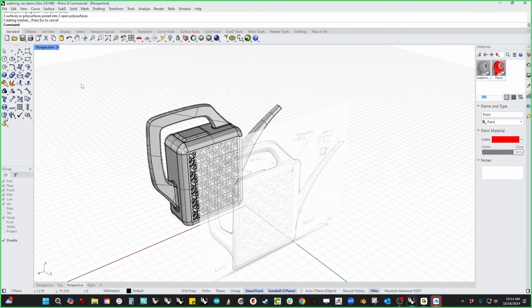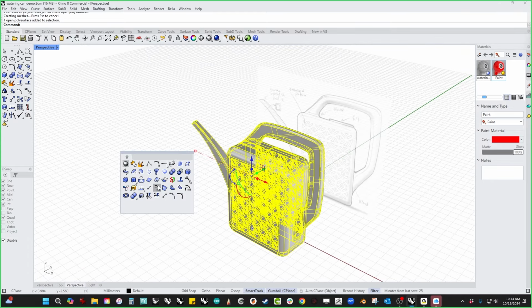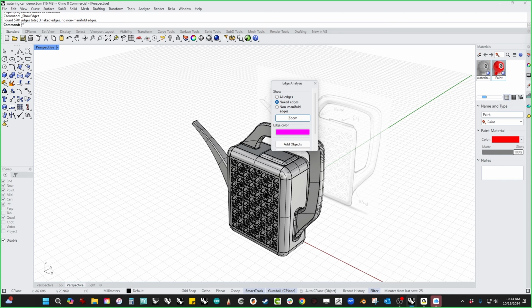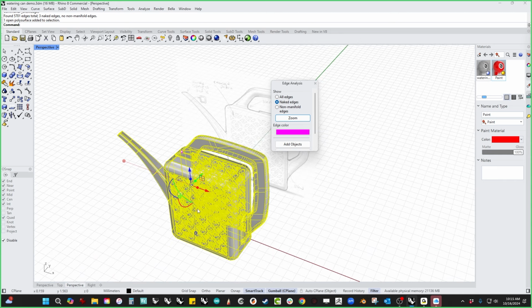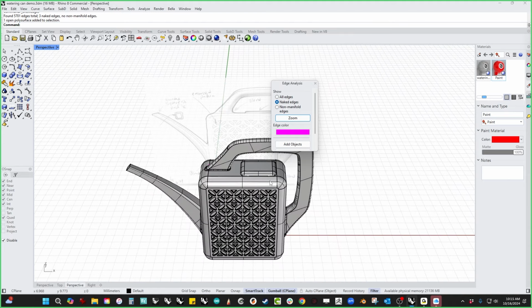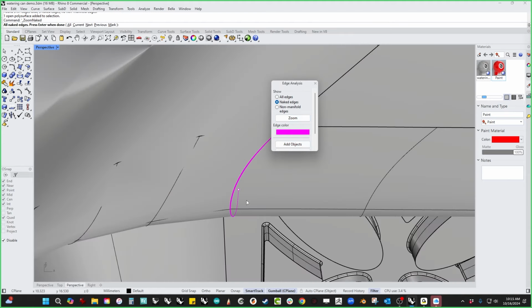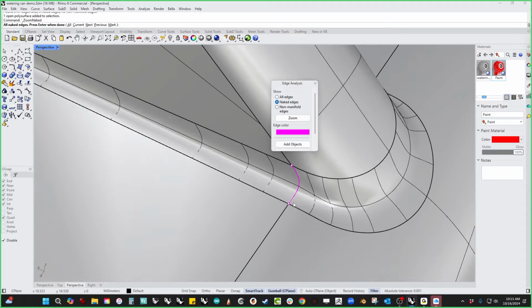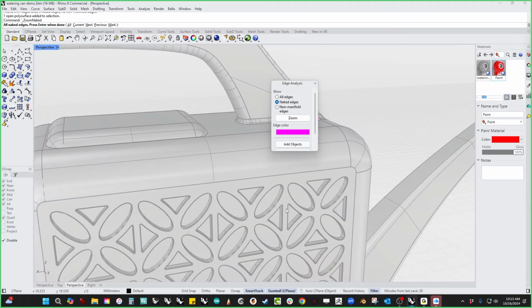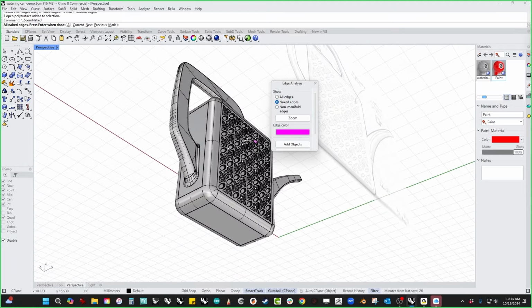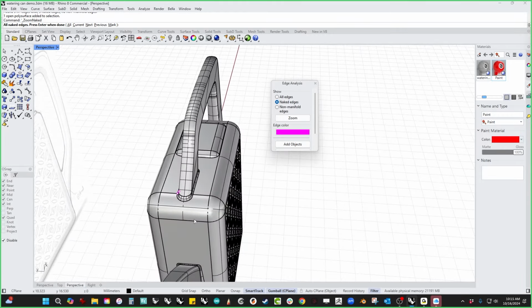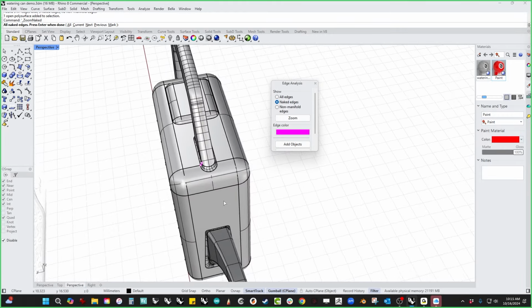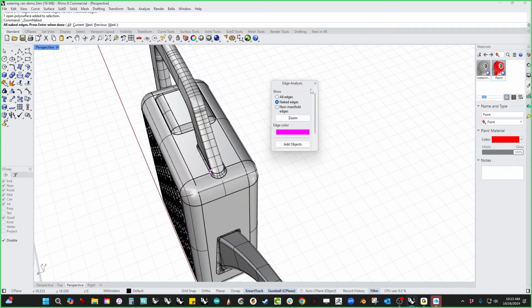All right. Now, if we look at this, we have 3 naked edges, so we need to figure out where they are. And it looks like it's right inside of that. And the reason for that was that thing is a little messy. However, this is where I go, I could fix it,